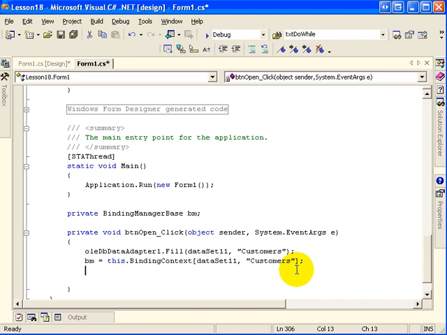Now, this may not be completely obvious to you at this point exactly how the internals of that work, but I would refer you to other videos on LearnVisualStudio.net that go into a great bit of depth on this topic. So let's just accept for now that we need this line of code in order to navigate through our data table correctly on our form. The final line of code I'm going to write here sets the initial position to 0. So we want the first record to show up on our form. Now I'm going to run this application,